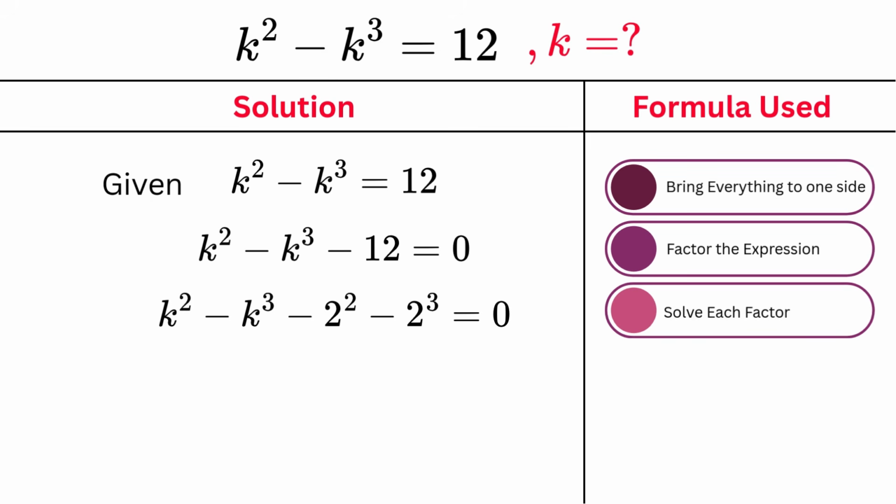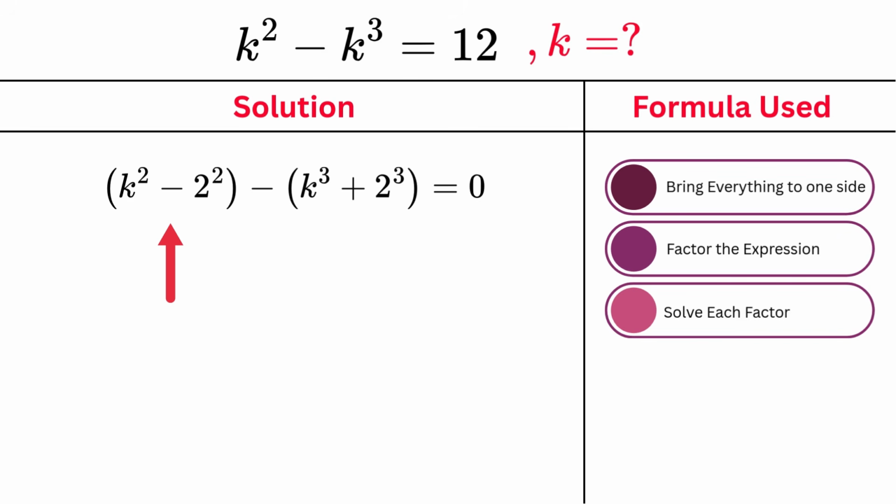Next, we group the terms with power 2 together and terms with power 3 together, giving k squared minus 2 squared minus k raised to the power 3 plus 2 raised to the power 3 equals 0. Now, both parts match special identities. k squared minus 2 squared is a difference of squares, and k cubed plus 2 cubed is a sum of